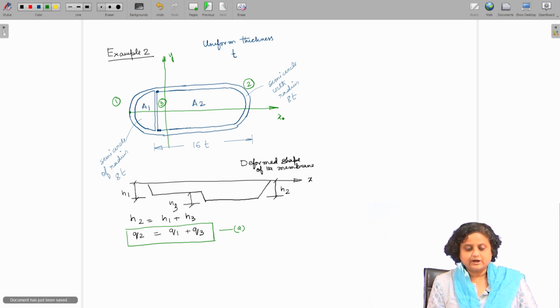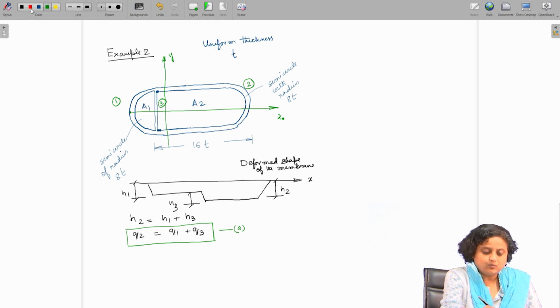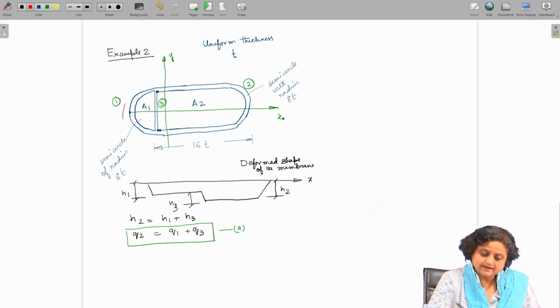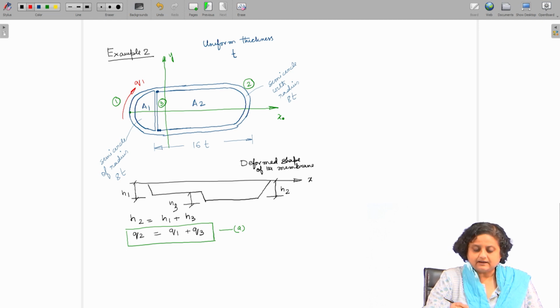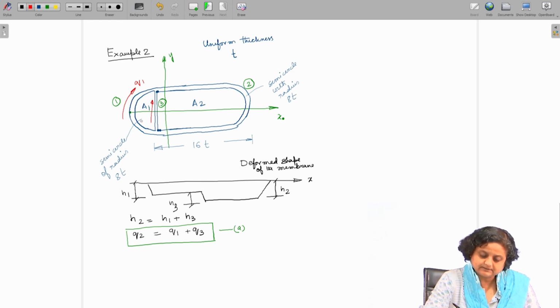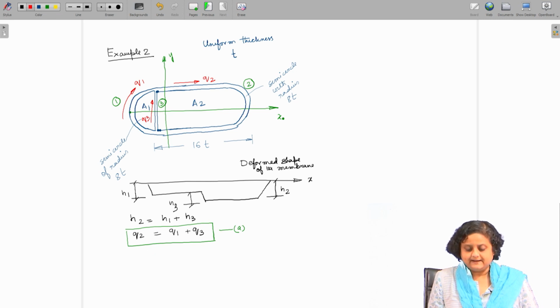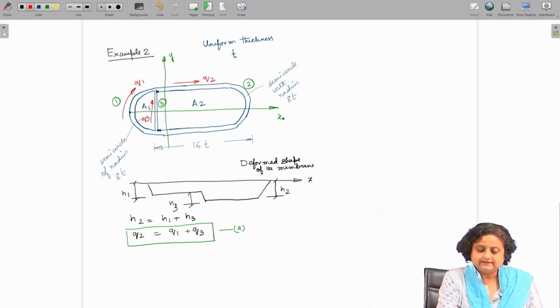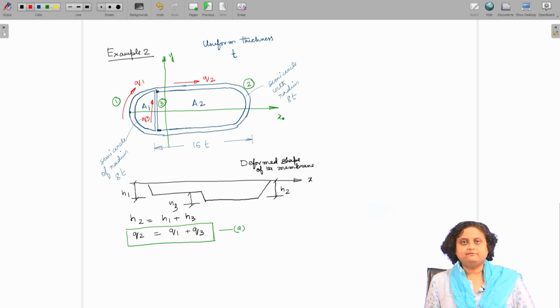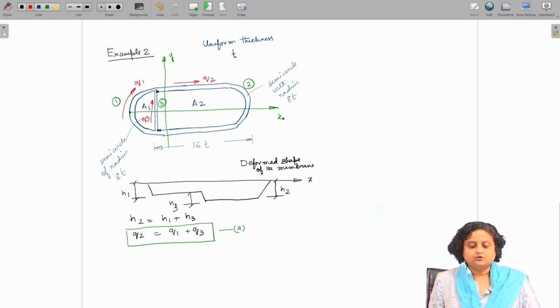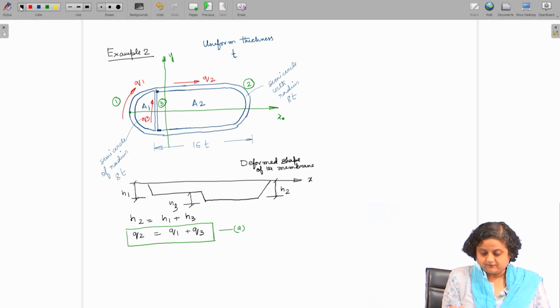So, according to the shape of the membrane, if I choose this to be my Q1 in the clockwise direction, then my Q3 has to be this and Q2 has to be this. So, we can see that Q1 plus Q3 is going to be Q2 at this junction K, as we have discussed in the earlier lecture. Now, from this we get another additional piece of information.